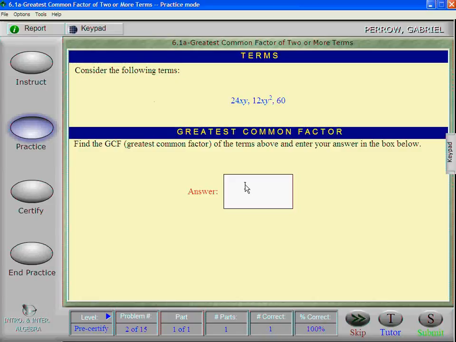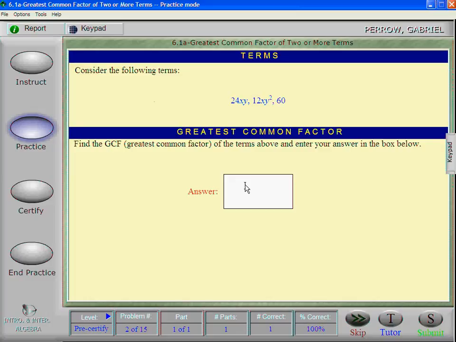Alright, this is a lesson on 6.1a, and the way the software does these problems, I think they do a pretty good job explaining it. I'd like to add a little bit of my own information to it. This section talks about greatest common factor of two or more terms, and so you're going to be presented